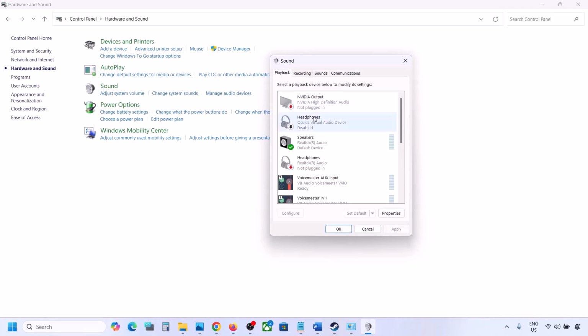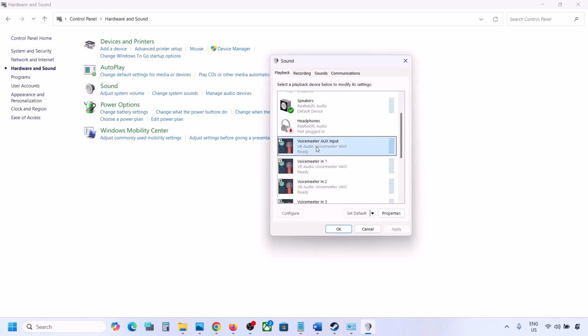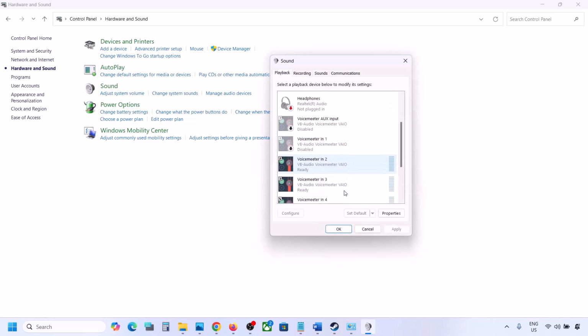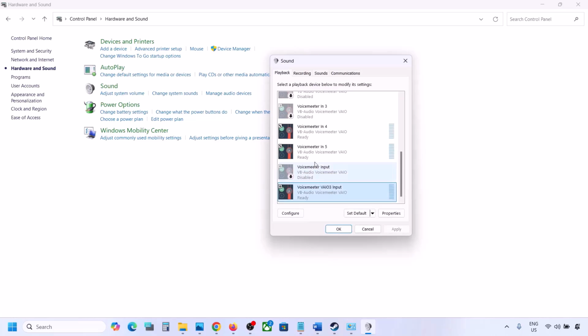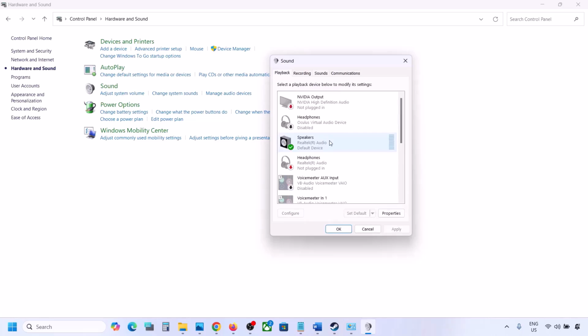Whenever you want to enable, you can simply make a right click and enable it, but while playing the game, if you want, you can disable it. I'm not using this headphone, I'm not using voicemeeter, so I will disable everything. So disable audio devices which you're not using. Once you disable all the audio devices which you're not using, you can launch the game,